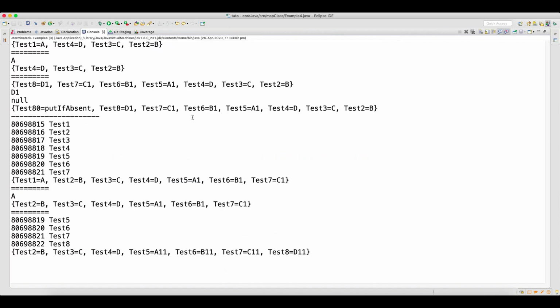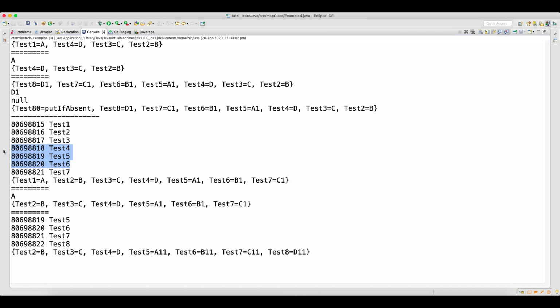Now focus on the output. So this is your first linked hash map. Okay, for test 1 this is the hash code. So focus majorly here, test 5, 6, 7, which is common in both. So again, what happened when we added the second linked hash map, when we were adding the data? If you look at test 5, 6, 7, the hash code is same, guys. Can you focus here? The same hash code. See, these are the very important questions they will ask you in the interview. So please try to understand these kinds of concepts. Okay, so test 5, 6, 7, also here test 5, 6, 7, same hash code, right?